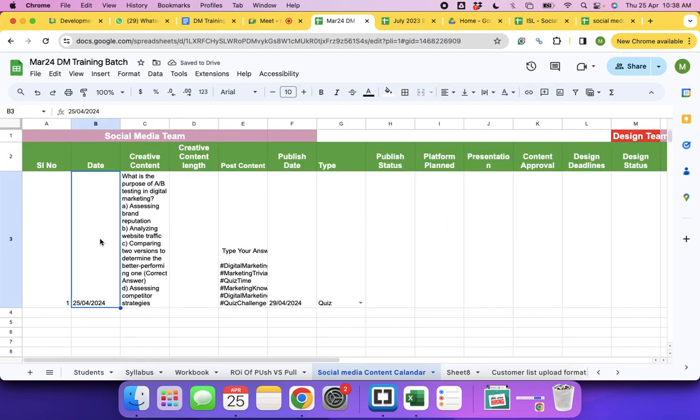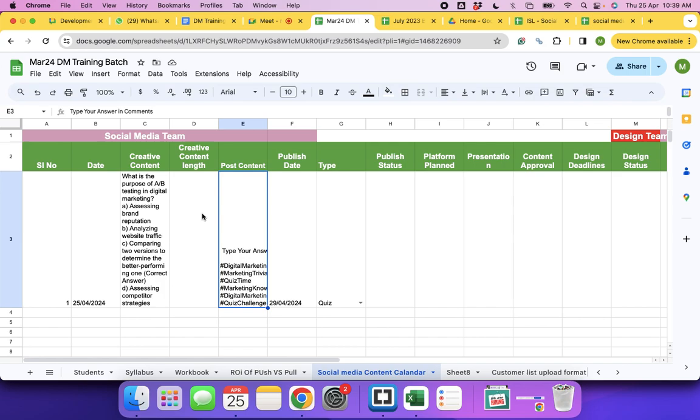one by one. So this is the first stage. Digital marketer plans the content. There are two parts in your every post. One is the creative content, and another one is the post content. So creative content can be image, video, or text. So above the video, you write some text, right? So that is the post content. That is called as post content, and it always goes with hashtags. Are you all following me? It always goes with hashtags.